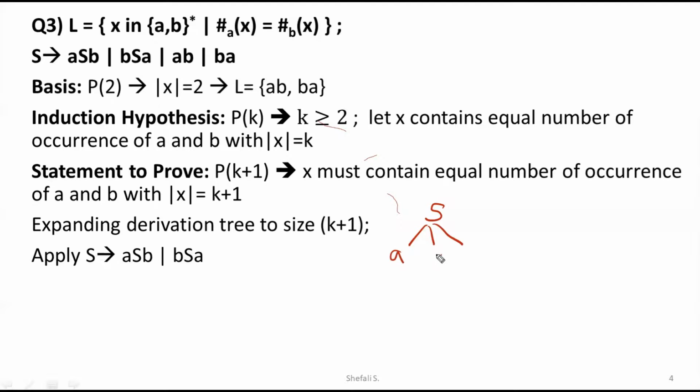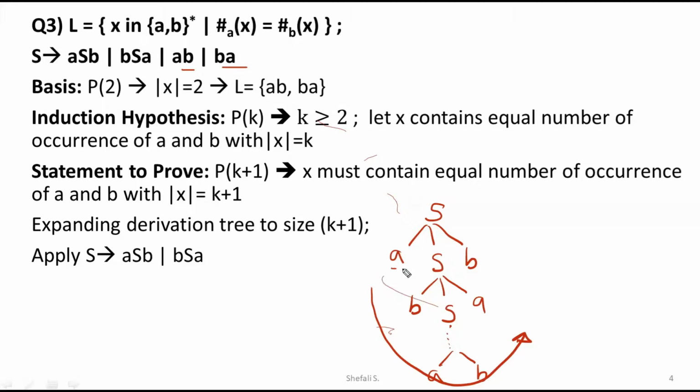If my word should start from A as B, again that expansion is having here maybe B as A. You may have further expansions, and ultimately the final expansion where the tree is expected to stop, we can say that it will go for either AB or BA. So in every case, whatever tree you go for, you pick the elements from left to right, and every time it has the expansion, the number of A's and the number of B's are equal.